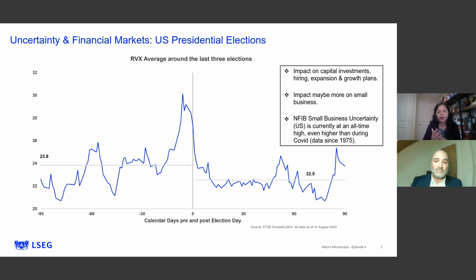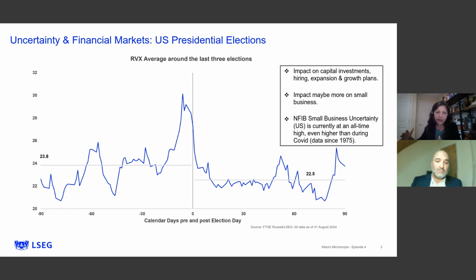So, this chart, what I'm showing here, the RVX, is the implied volatility on US small cap equities. So it's the implied volatility on the Russell 2000 index. And this graph is basically the average of the numbers in the last 3 elections. And what it shows is, you see the vertical line at 0, that's the day of the election, and minus 90, excuse me, the 3 months leading up to the US elections and the 3 months